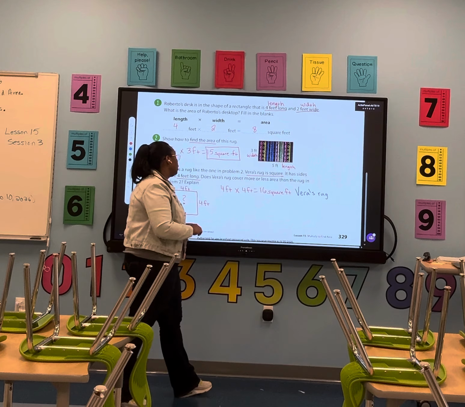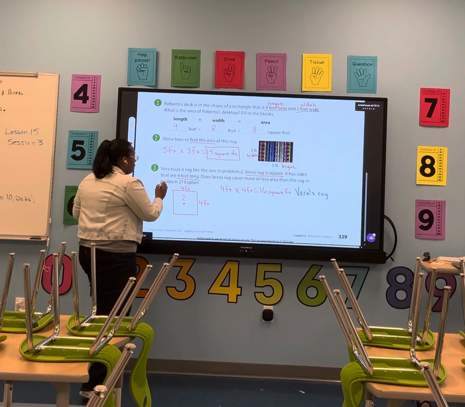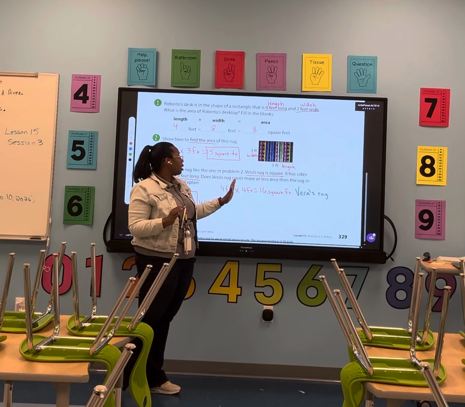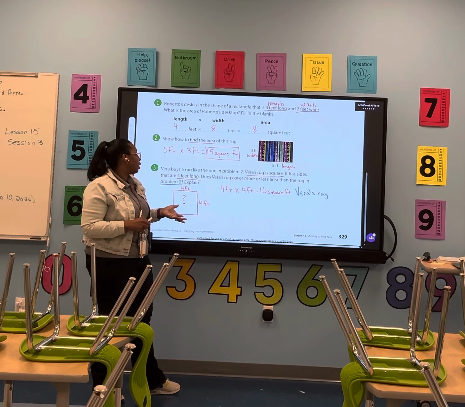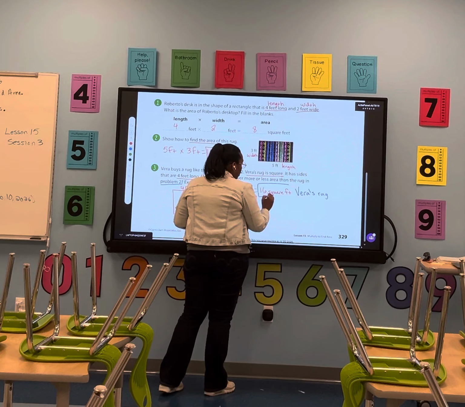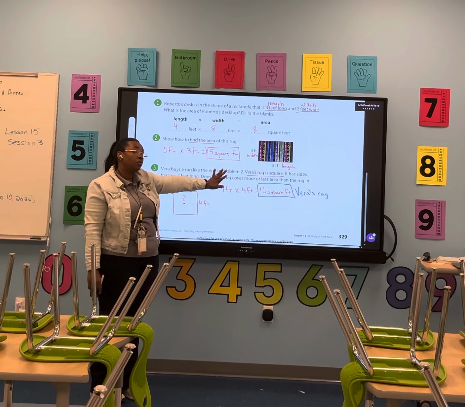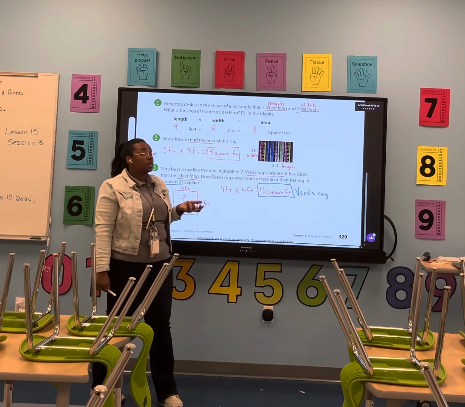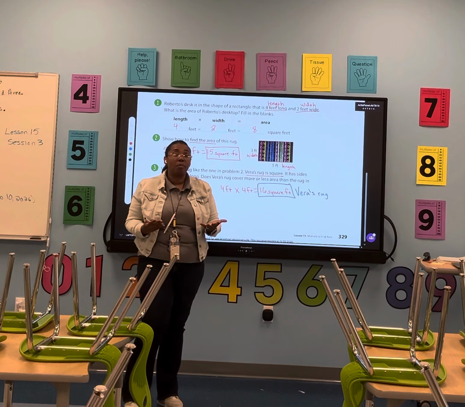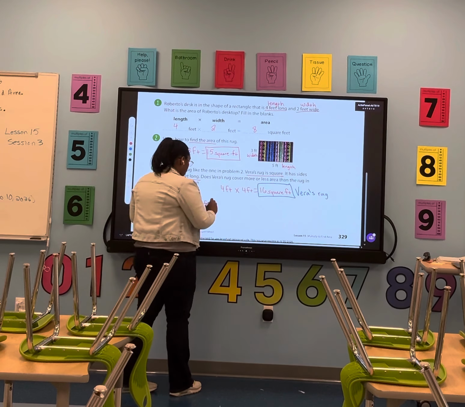So that's Vera's rug. Now let's go back to problem 2 because it asks us to look at problem 2, and they want us to compare the two. It says, does Vera's rug cover more or less area than the rug in problem 2? If I look at it, Vera's rug covered 16 square feet. Now, the rug in problem 2 covered 15 square feet. Well, clearly, Vera's rug is going to cover more because 16 is more than 15. It's a bigger number. So the answer to that question is going to be Vera's rug